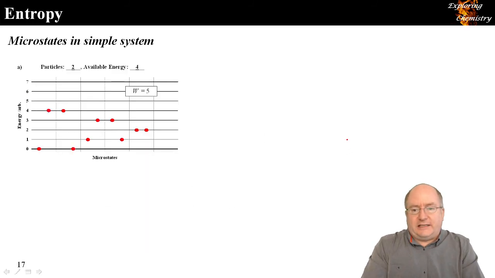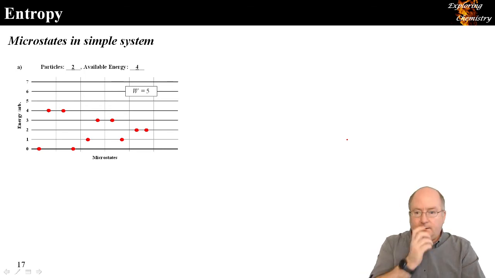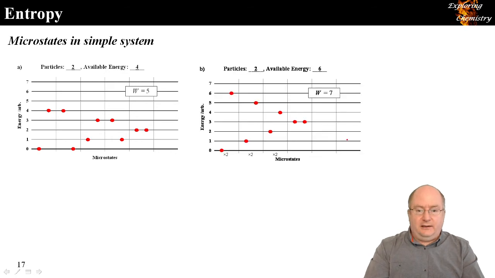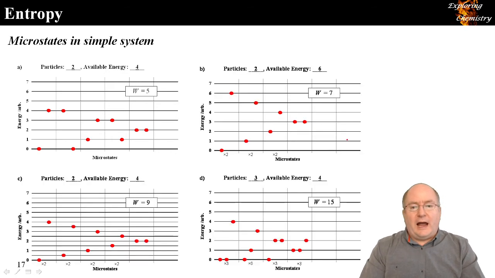That's actually on this next page. W equals 5 as presented here. The rest of these graphs do the same thing for a variety of different numbers of particles and available energy. In this first one, going over to B,